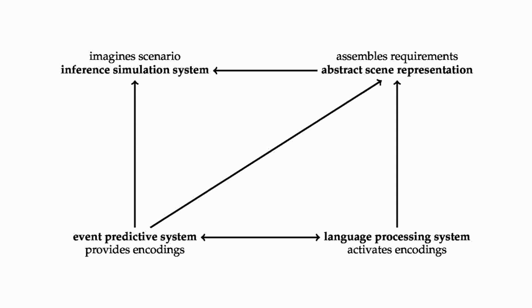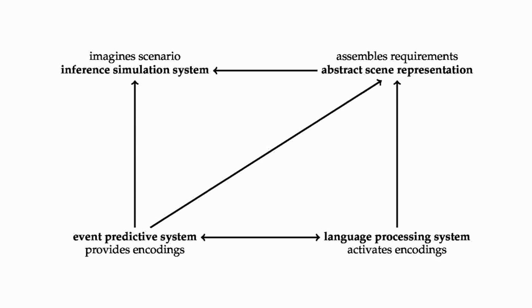Learner is built out of four main components. The event-predictive system on the bottom left learns encodings of its world and enables Learner to predict what is going to happen in that world. Then the language processing system parses input sentences and uses those encodings to build very basic representations of those sentences, which we call abstract scene representations. Those representations really only contain the most basic information from the sentence, like which objects are there and which events